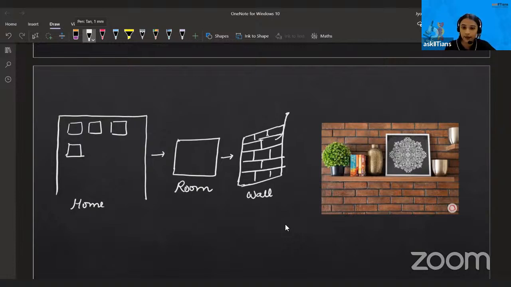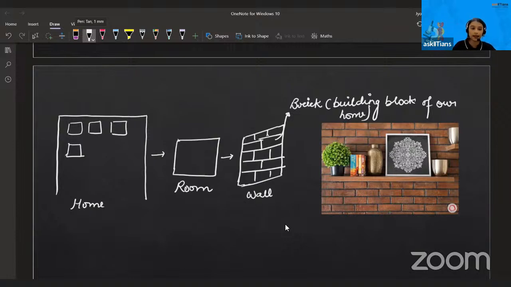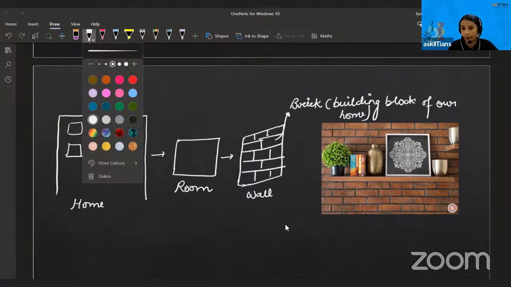Yes, of course, we can say this brick is the building block of our home. Similarly, for our body,